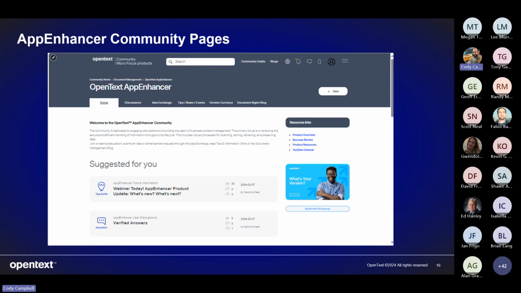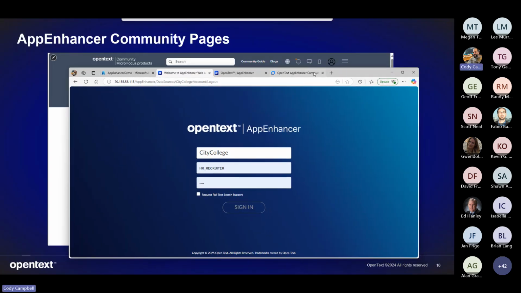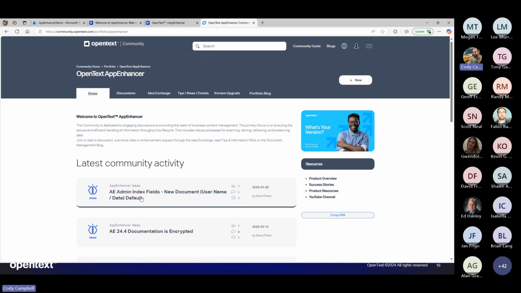Okay, so moving forward, I want to talk about the community. I think it's really important to highlight the value of this community. If you look at some of the things that we get from you guys, we never had this kind of value from EMC. Here it is. Just getting feedback from customers, getting new ideas.